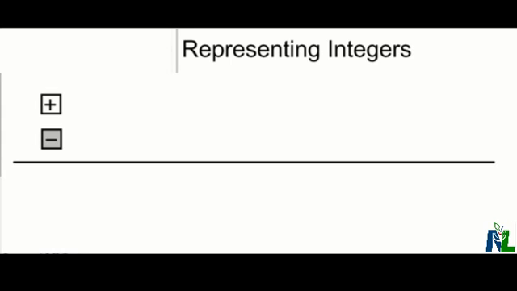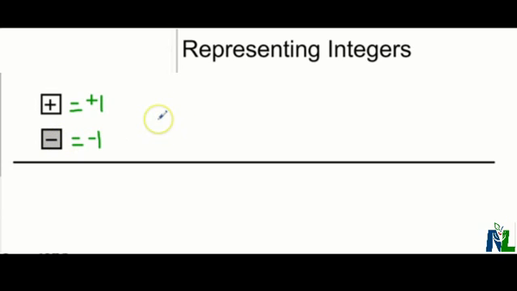So we can use tiles to represent integers. And in most cases, these tiles, when we write them out on paper, would be shaded and unshaded squares. So this unshaded square with the plus sign or positive sign in the center would represent the integer positive 1 because we only have one of the tiles. This shaded tile with the negative sign in front would represent the number -1 because we have one of these